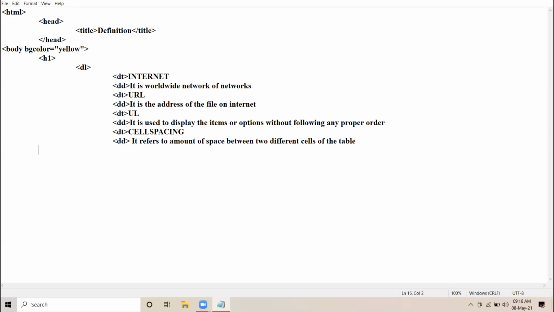So here I close the definition list, right? And here I close the H1. Here I close the body tag, and here I close the HTML tag. Right? So I'm going to save this web page.